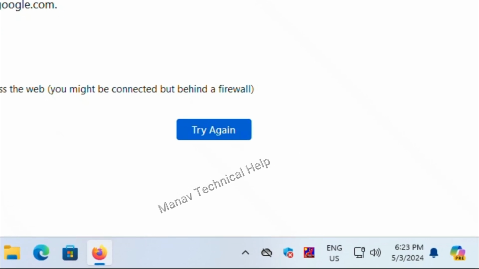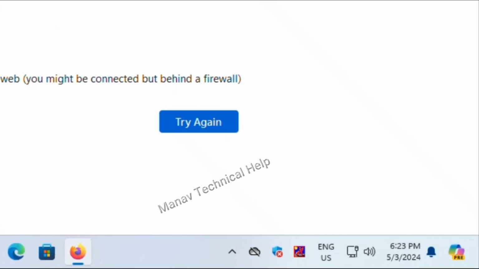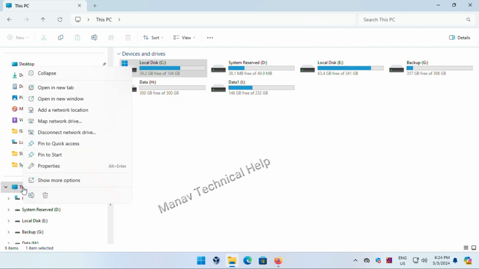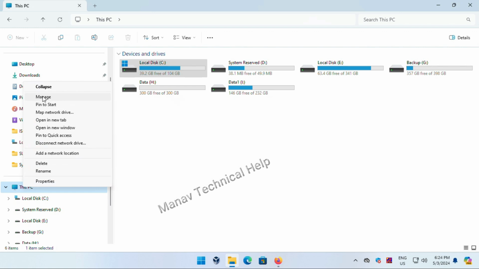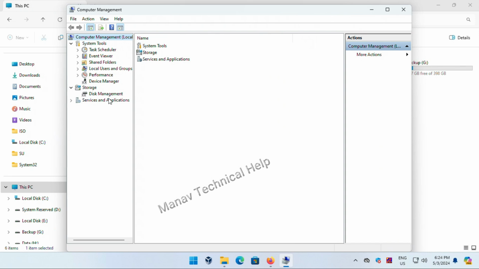The first method is to open your Windows Explorer, select the This PC option, and right click on it. After that, click on the show more option and select the manage option. Okay, after that click on the device manager option